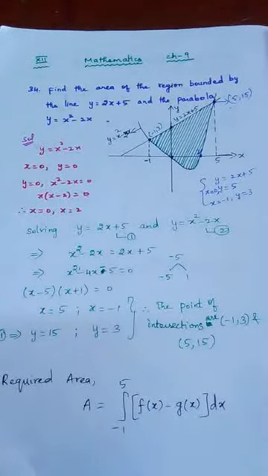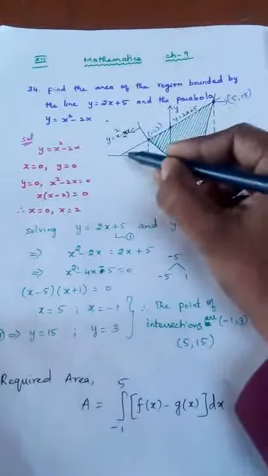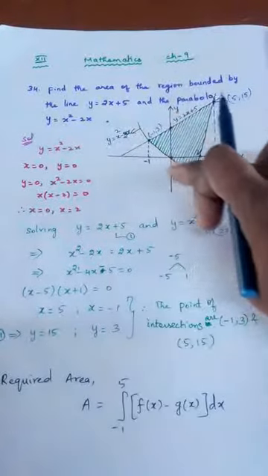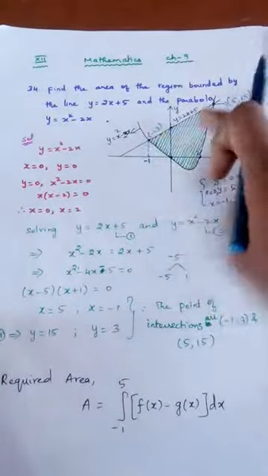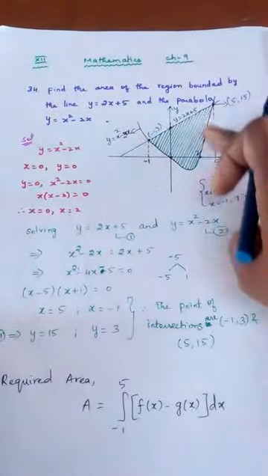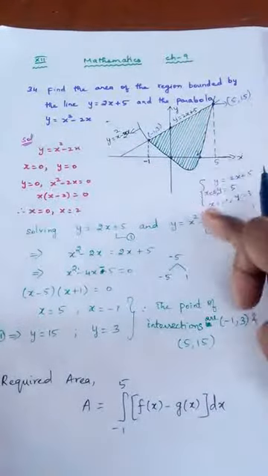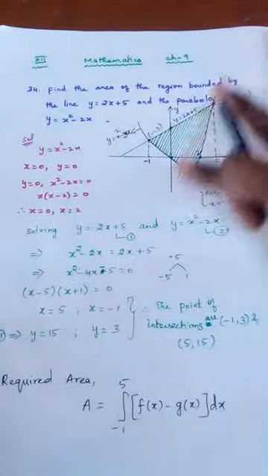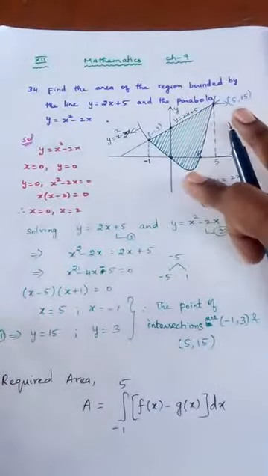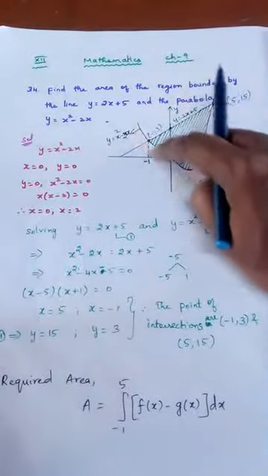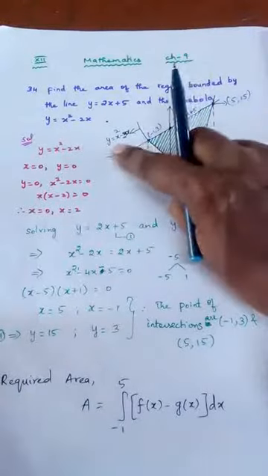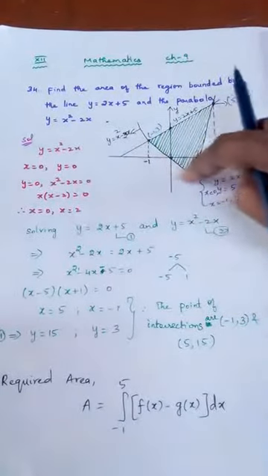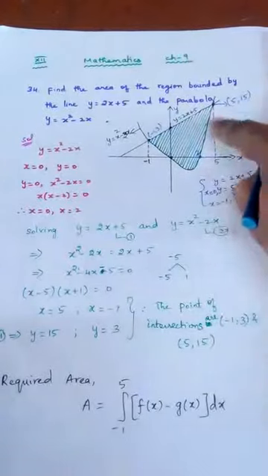Try to understand. If only the straight lines are present, you forget about the curve, and this is the boundary. This is the straight line, this is another straight line, this is the boundary. So I will be getting this entire area. But if I see the curve alone, forget about the straight line. Now only the curve and this line are present.